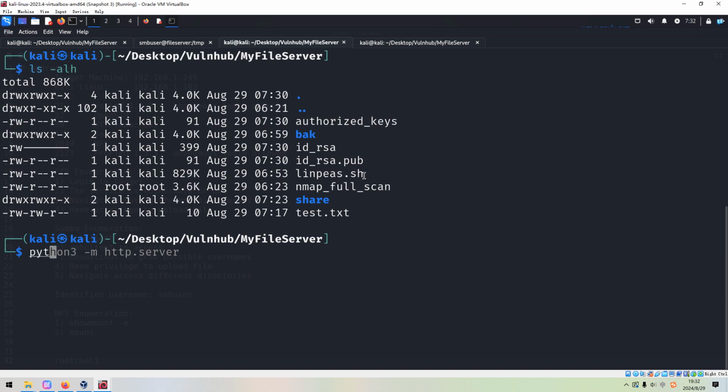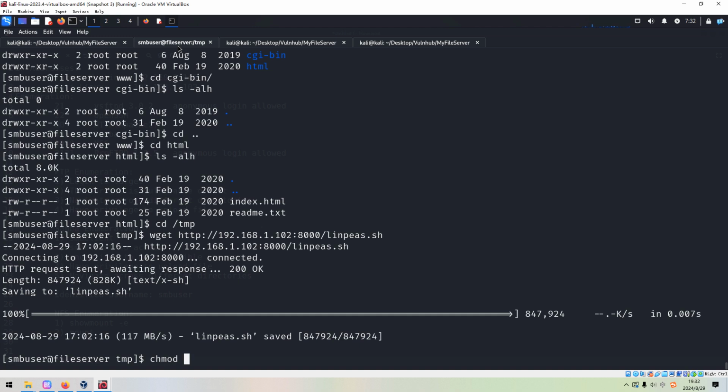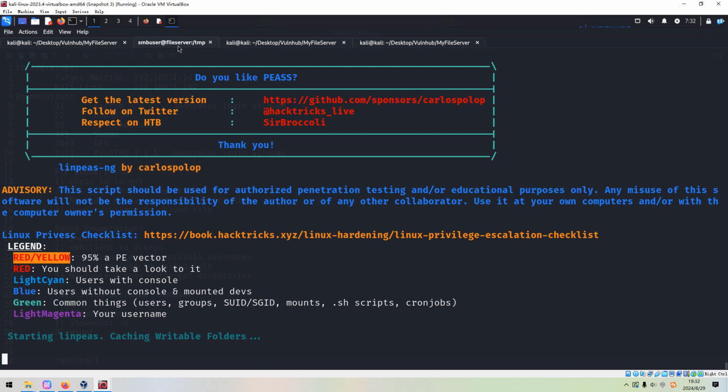By Python, and it's done. And now we can use wget with the IP address of the Kali Linux to download LinPEAS. In order to run it, we need to make it executable, and then we can run it.